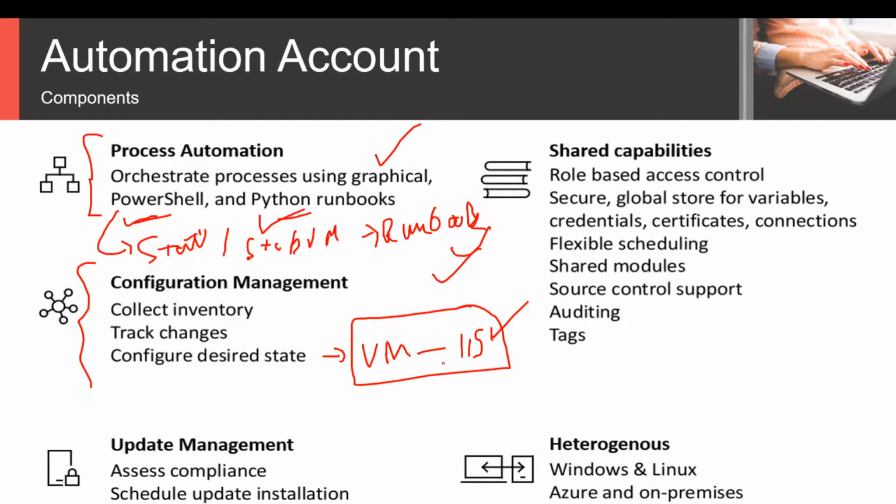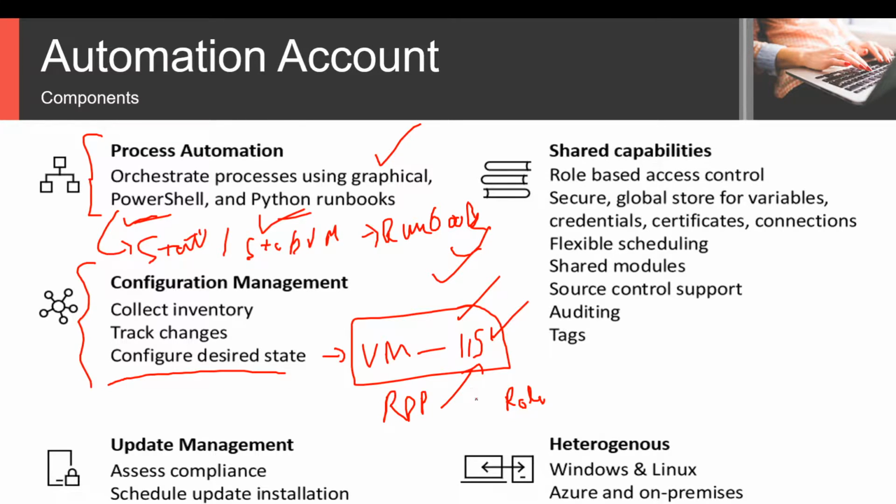So for example, if a user who is not aware about all of these things goes into your machine, basically RDPs into your machine, and uninstalls that role, or makes any changes, for example, stops the service for IIS, this DSC or desired state configuration is going to check the service at a particular schedule that you specify.